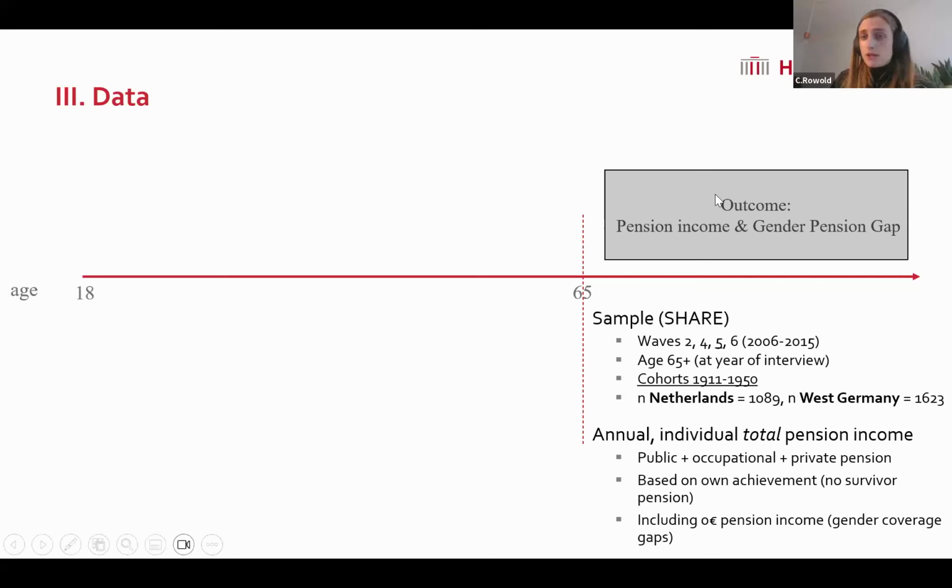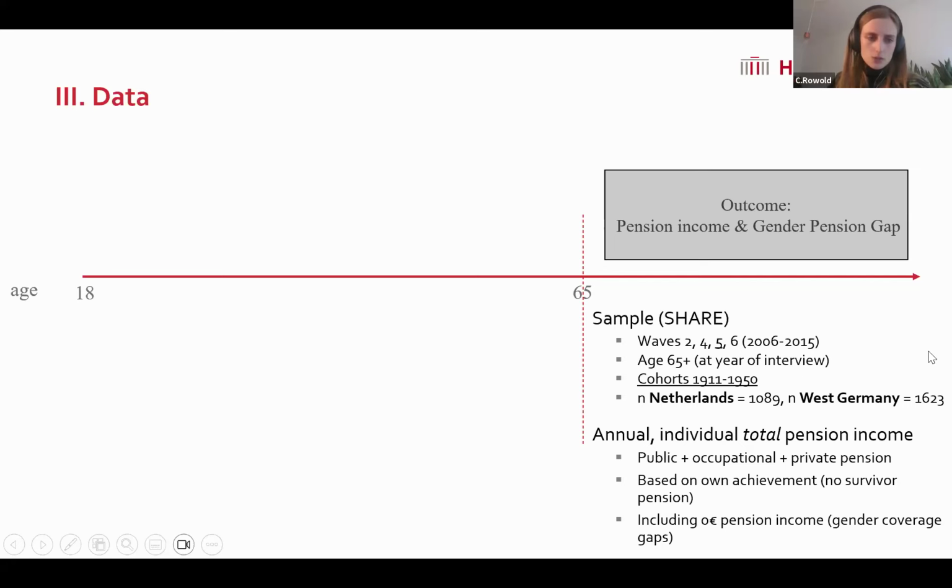The outcome of interest here is pension income and then the gender gap therein. Here I focus again on total pensions, so public, occupational and private pensions, the sum thereof. But I really highlight here financial independence, and that's why I only include pension types that are based on individuals' own achievements. So I most importantly exclude survivor pensions, which rather increases the gender pension gap. I again include those with no pensions with a pension income of 0, but this is actually not so important